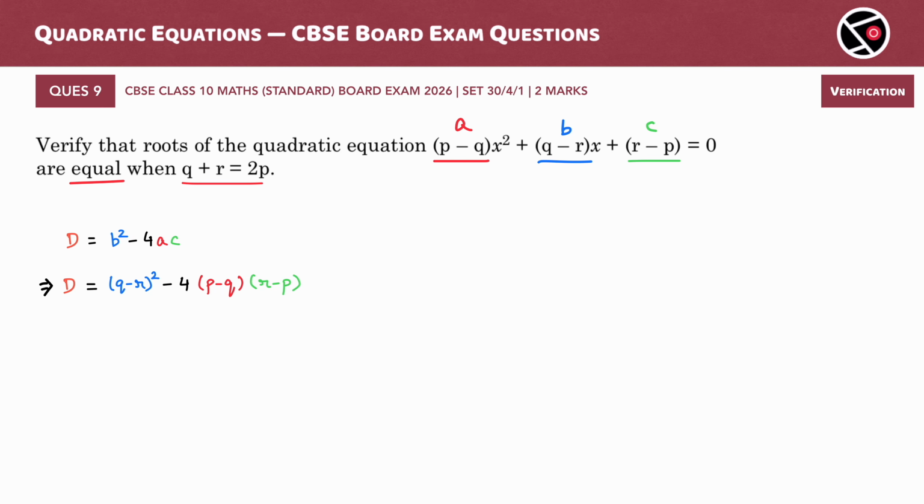The second term also contains p. Let's eliminate p using the given condition. From q plus r equals 2p, we have p equals q plus r over 2. Substituting this into the discriminant, we have